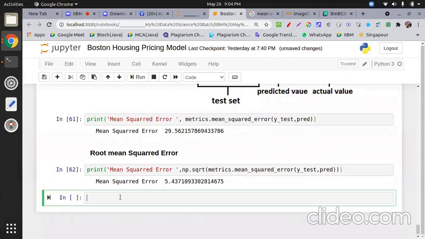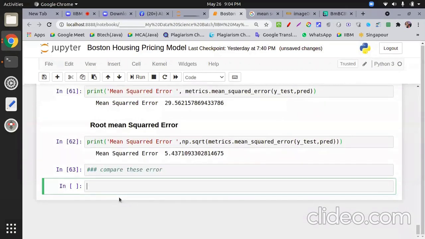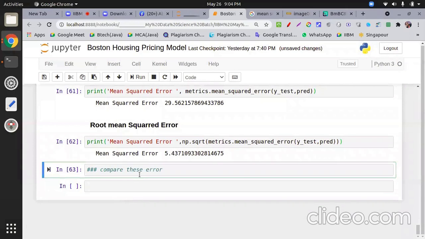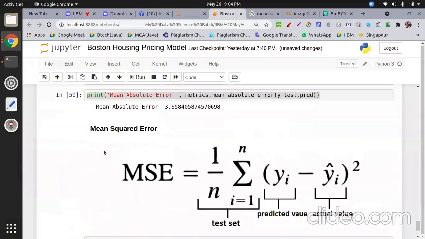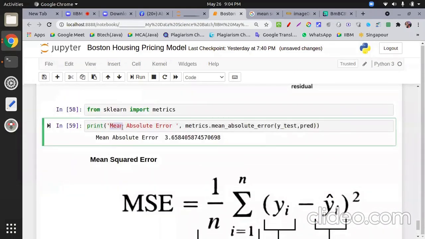All right. Main thing, if you want to compare these errors, what do we do? plt.bar, the first parameter is the x-axis value. First I take the mean absolute error.